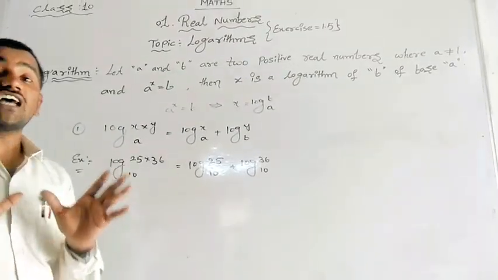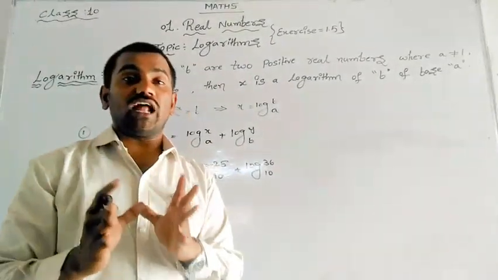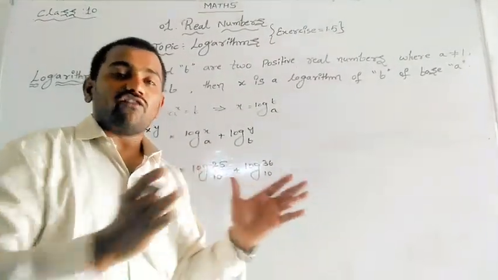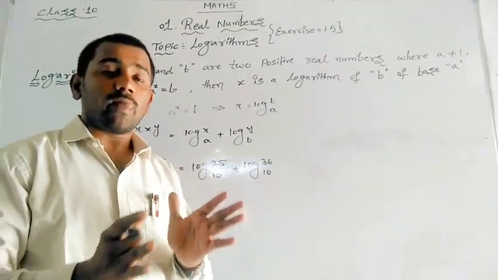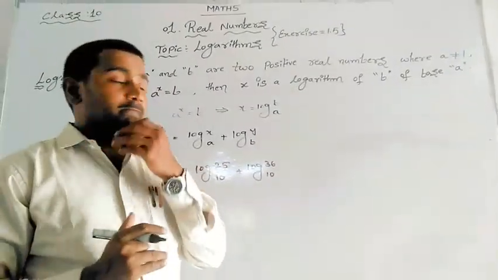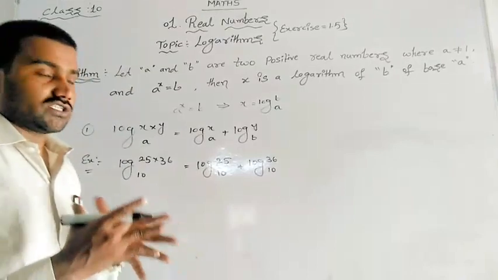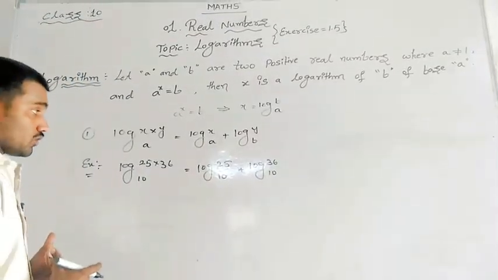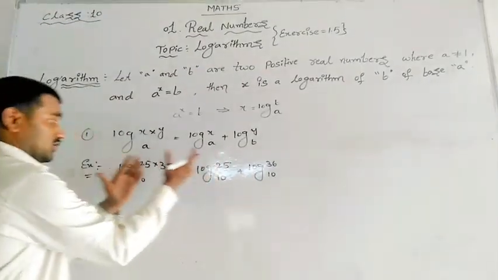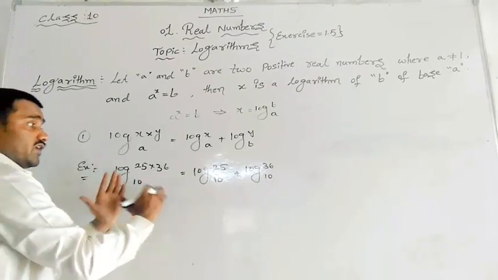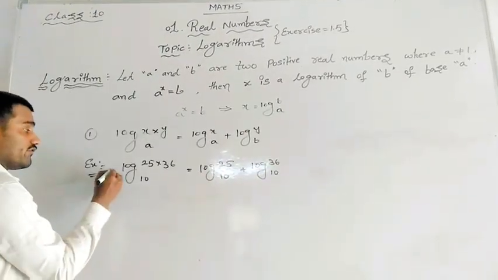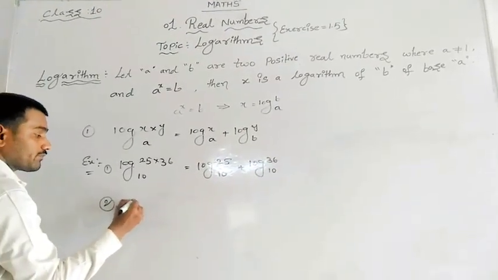These are known as the laws of logarithms. There are 10 formulas, and I will give you these 10 formulas. These 10 formulas are known as the laws of logarithms. If it is in this form, you can also convert it to the other form. Let me give you one more example to help you understand.